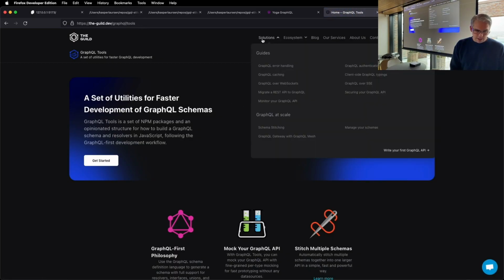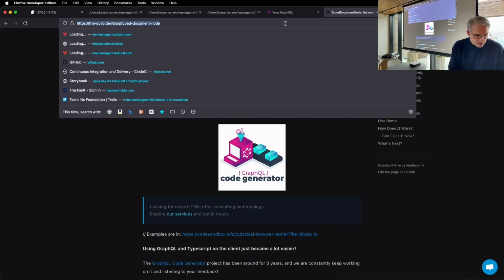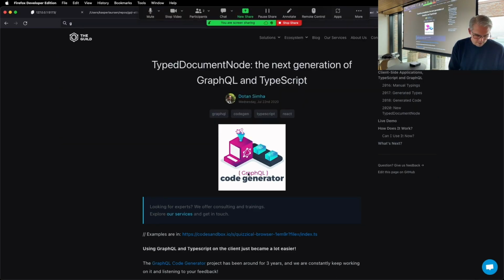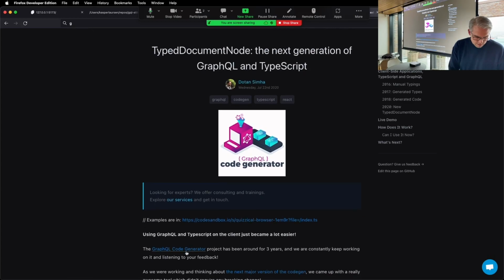So this is the Guild, and they have so many tools available. And one of them is this code generator. If I can find it. I think you need to go to the code. Is that part of GraphQL tools? It is